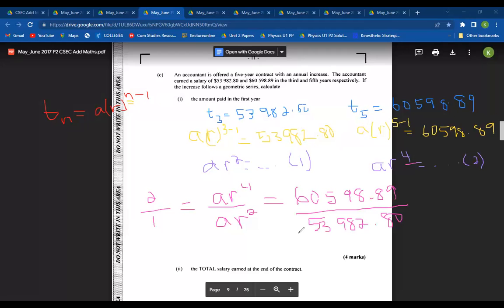are you telling me, for R, what is 1.12? You divide it, I get that. Wait, never mind. Never mind. Okay. Well, remember from the PowerPoint, cancel your A's. R to the power 4 divided by R squared would be R squared, because 4 minus 2 is 2. And then this whole thing. Why did they give you such a big number? I don't know why they would do that to you. But anyways,